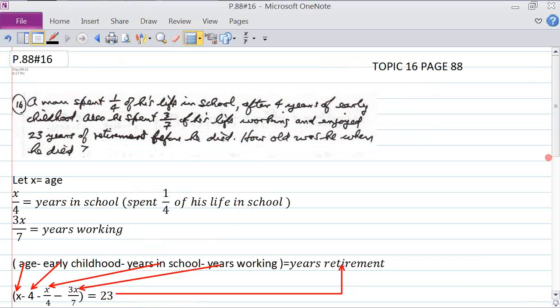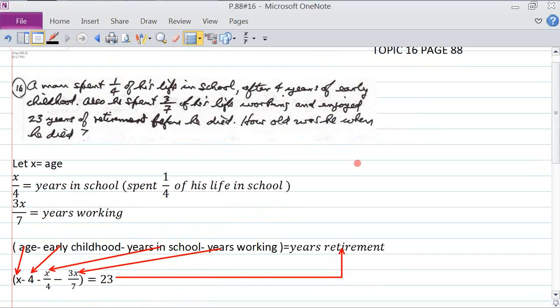Okay, last problem on page 88. A man spent a quarter of his life in school after 4 years of early childhood. Also, he spent 3/7 of his life working and enjoyed 23 years of retirement before he died. How old was he when he died? So what we know